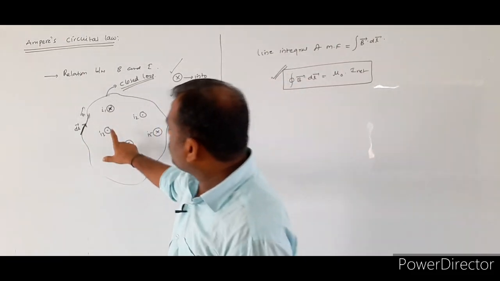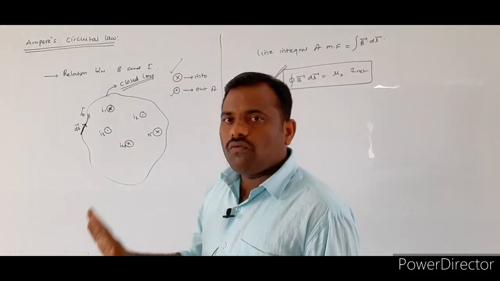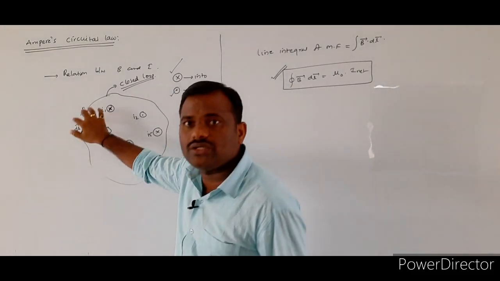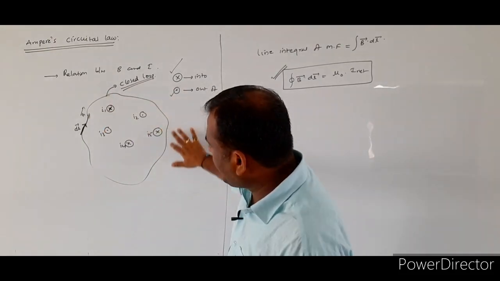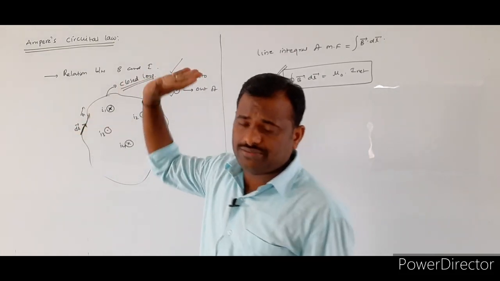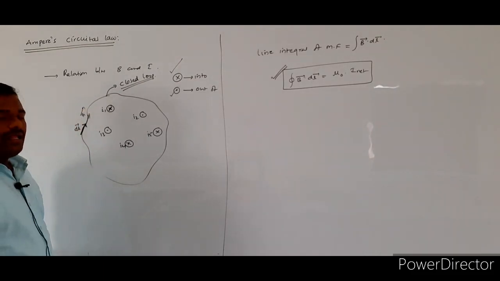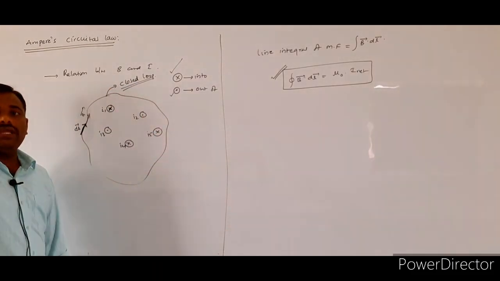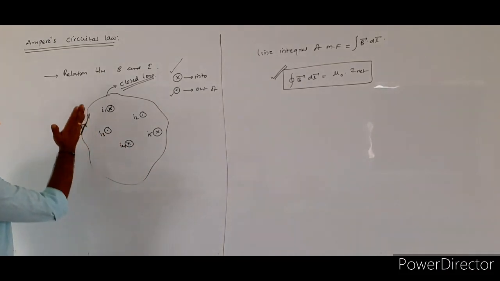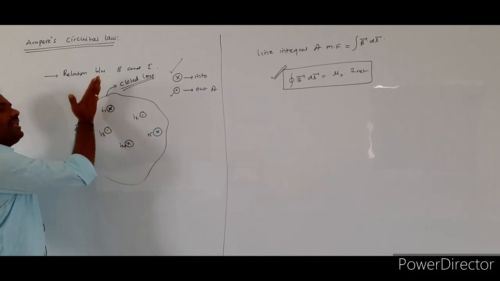So here, to know whether the given current will be taken as positive or negative, what rule we have to follow means, first you draw the dl bar at any one of the points on the periphery of the given closed loop. So here I wrote dl bar will be indicated in this direction. Once you indicated the dl bar on the given closed loop, now you open your right hand, you stretch your right hand and place the fingers along the direction of the dl bar.